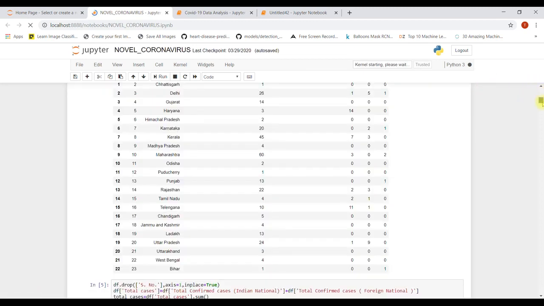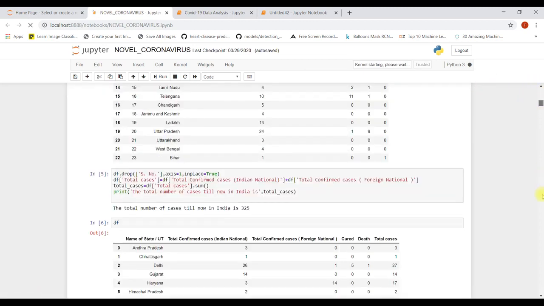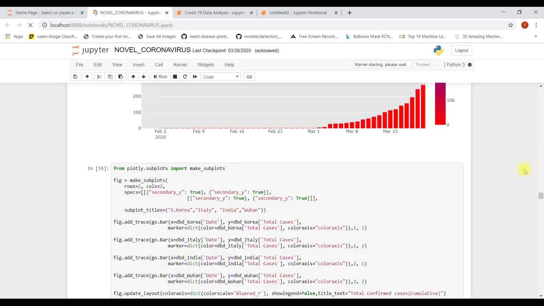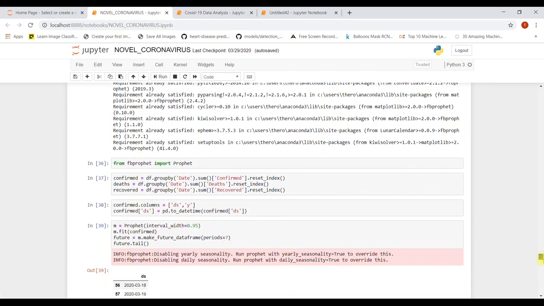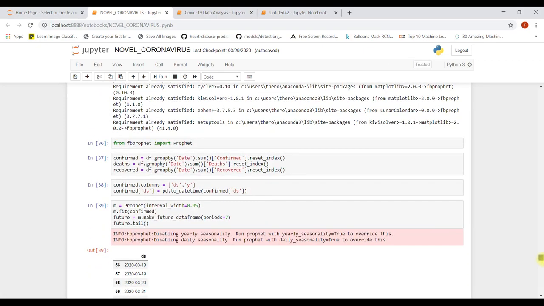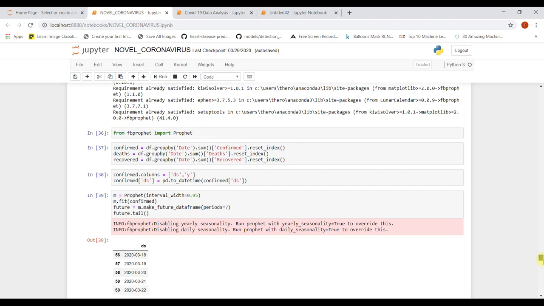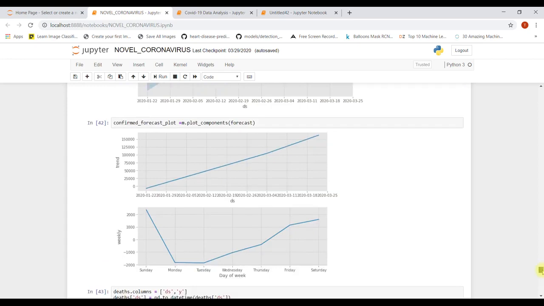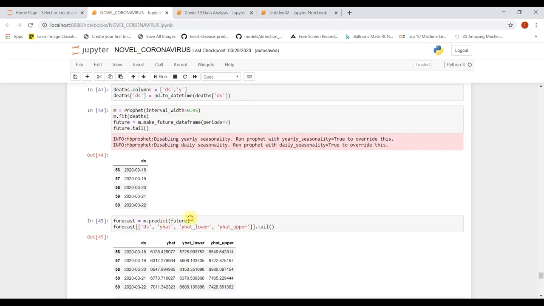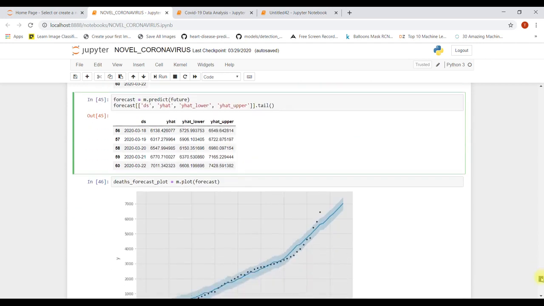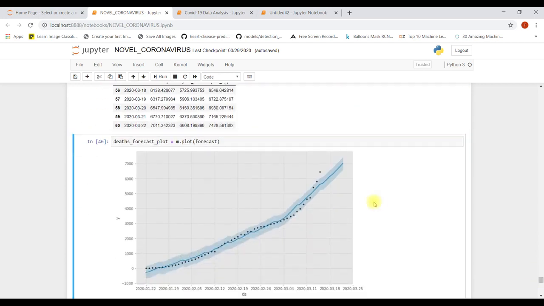So if you just go down, like down and down, it says gifted you time series forecasting using FB Prophet, so that you can just predict the future of what's gonna happen, how many deaths gonna happen, how many cases actually gonna happen in the whole world. Okay, so